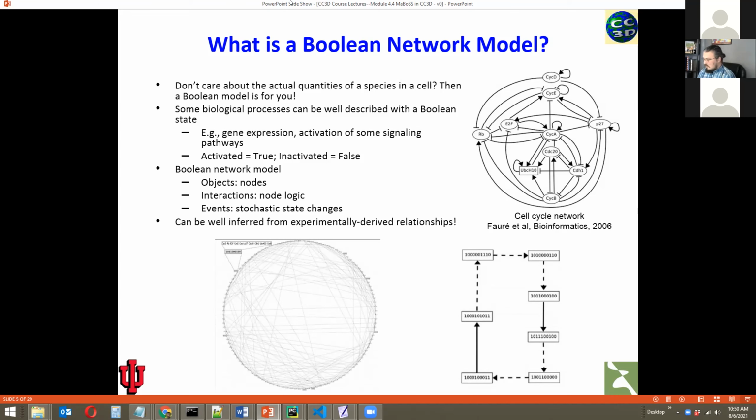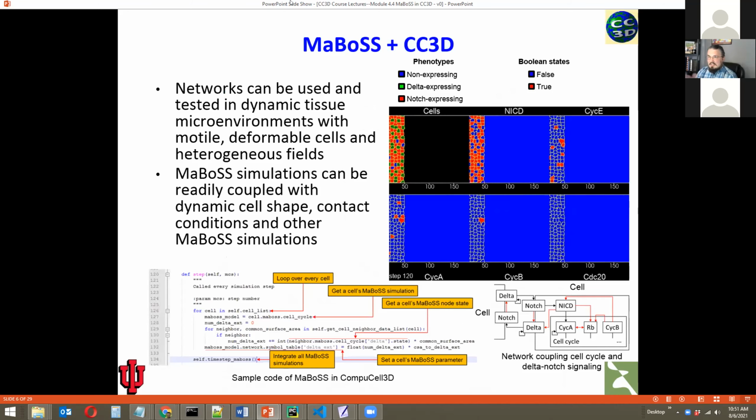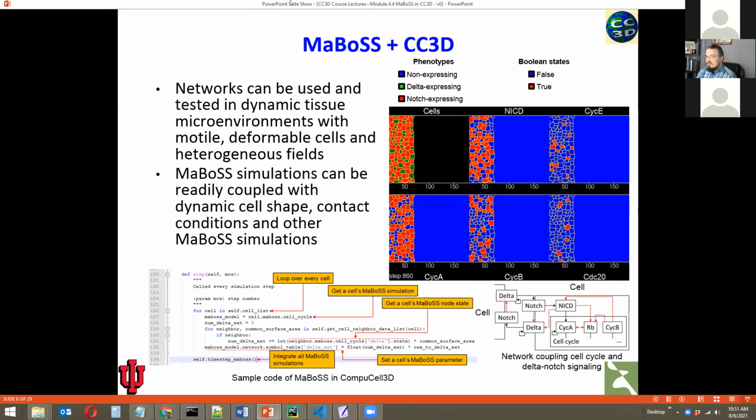Instead, what I'd like to do is take this into the realm of doing Boolean network modeling in CompuCell in a multicellular context. So when we